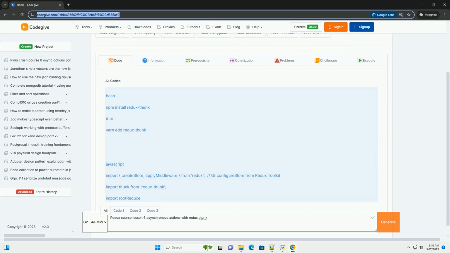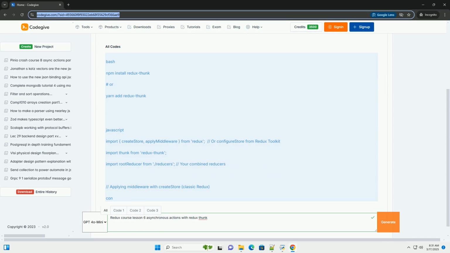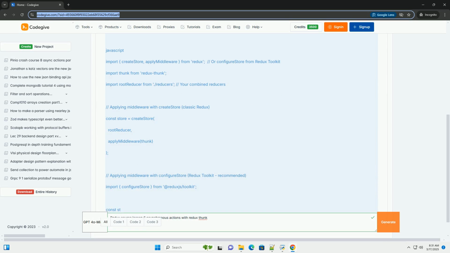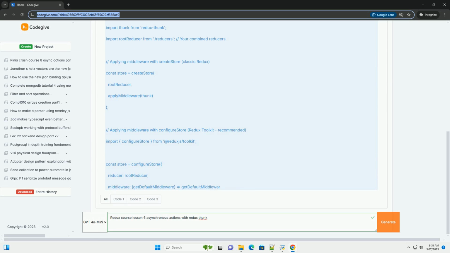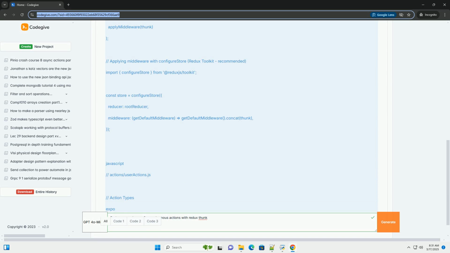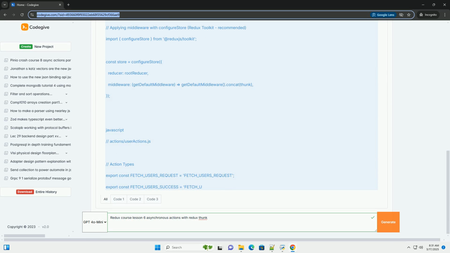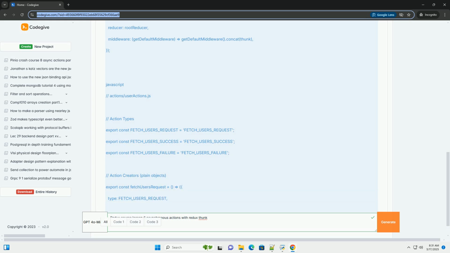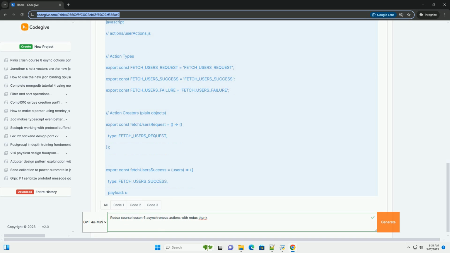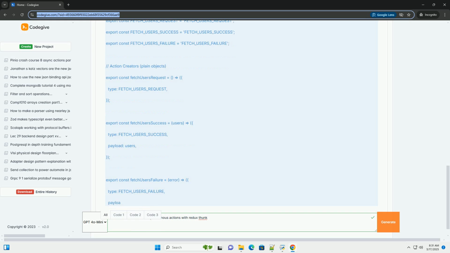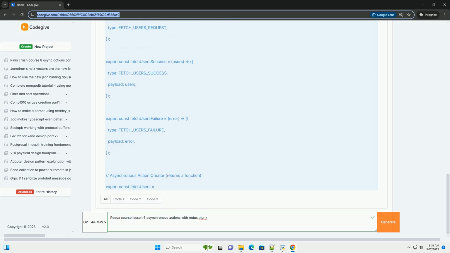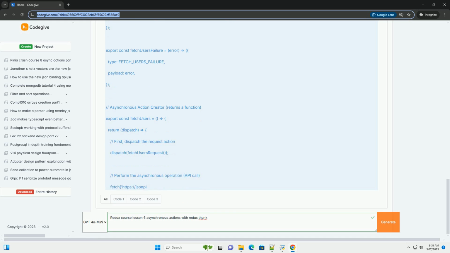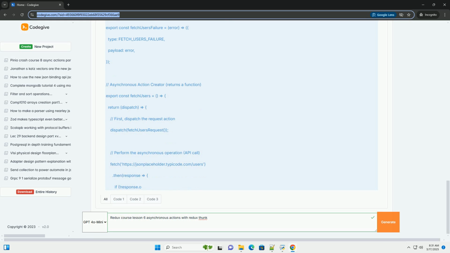Redux Tutorial, Lesson 6: Asynchronous Actions with Redux Thunk. This tutorial covers asynchronous actions in Redux, specifically using the popular middleware Redux Thunk. Asynchronous actions are crucial when you need to interact with external APIs, perform time-consuming operations, or deal with data that isn't immediately available. Redux Thunk allows you to dispatch actions that are functions, providing a clean and maintainable way to handle these asynchronous tasks. Table of Contents: